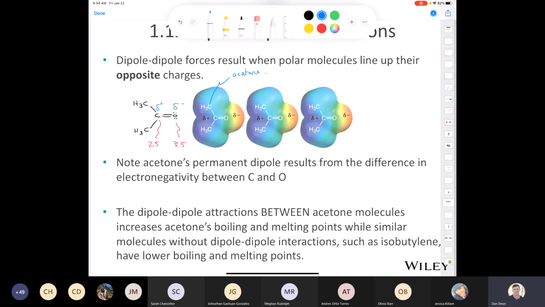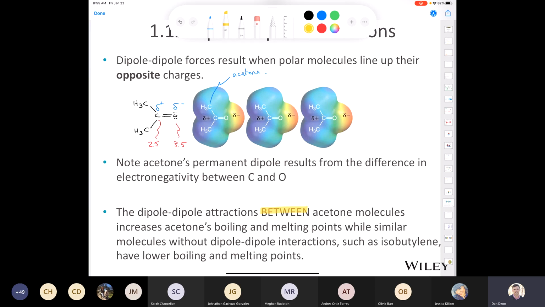Well, what do we know about opposite charges? Opposites attract. People who think alike stay together, but opposites attract. And so we have a delta minus on this molecule of acetone. What if there's another molecule of acetone next door? What part do you think this delta minus is going to interact with? Is it going to interact with the delta minus? Hell no. It would repel that. So it's going to be attracted to the carbon here. It's going to be attracted to the delta plus. And so when you have a molecule with a permanent dipole, they are going to be attracted by their delta pluses and delta minuses. It says here, the dipole-dipole attractions between acetone molecules increases acetone's boiling point and melting point,